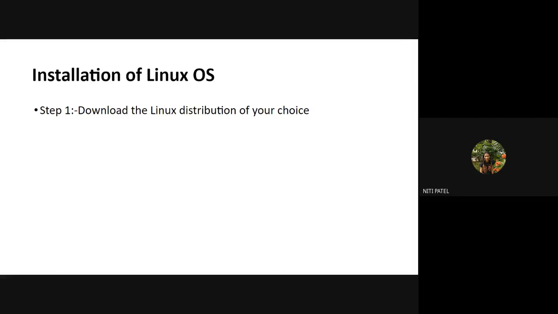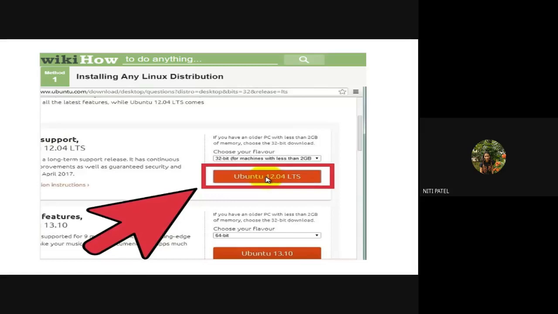Okay. So what is step one? Download the Linux distribution of your choice. Now your Linux distribution is nothing but the version. So if you wish you install 16, if you wish you install 17, 13, or 7, any version, whichever you want, you simply choose the version that you want to install. Once you have selected the version, you simply go to google.com and type Linux version 17, download.